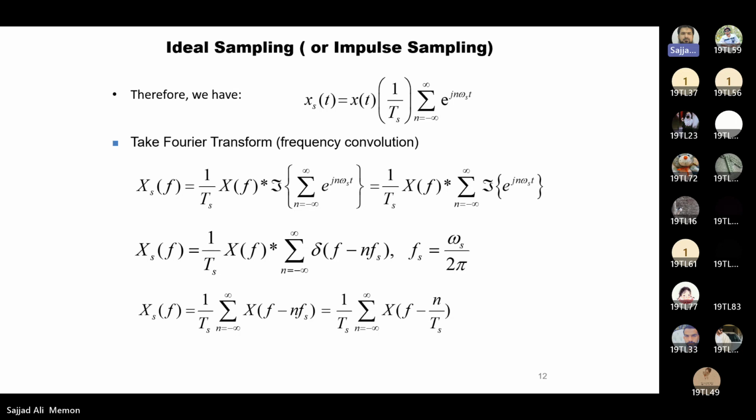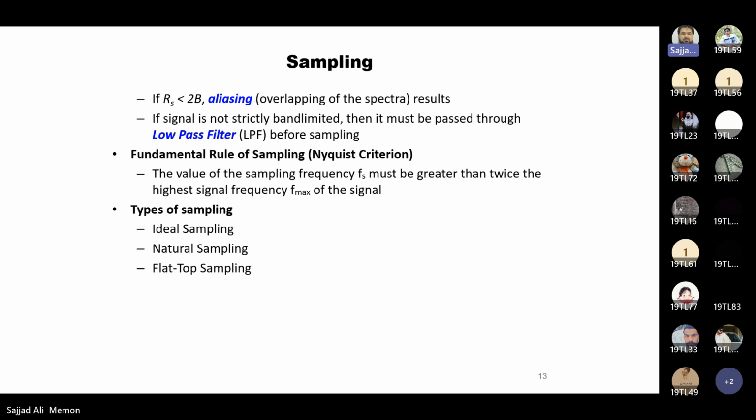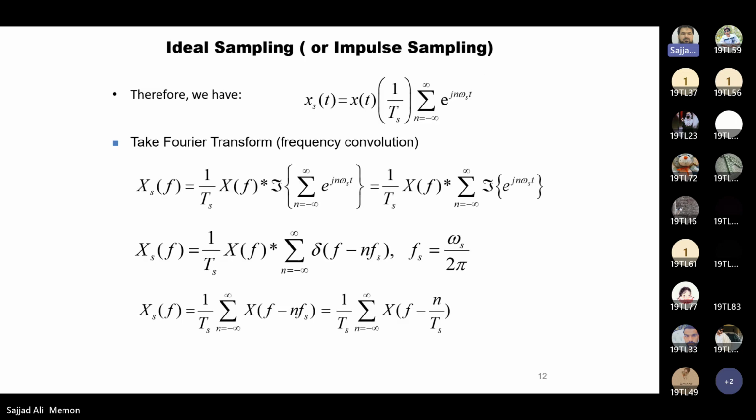Then we have ideal sampling or impulse sampling, where the sampled signal x_s(t) is equal to x(t) multiplied with the train of impulses, and then we take the Fourier transform, and in the end it will become like this. So this is your train of impulses multiplied with the analog signal,